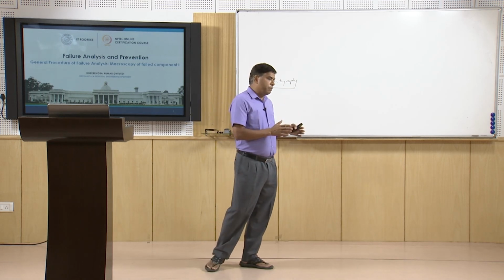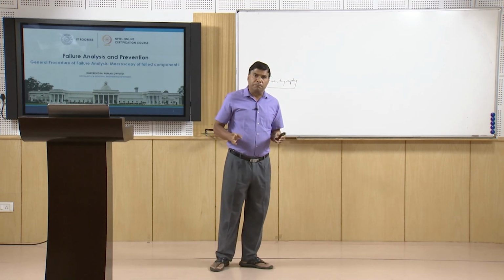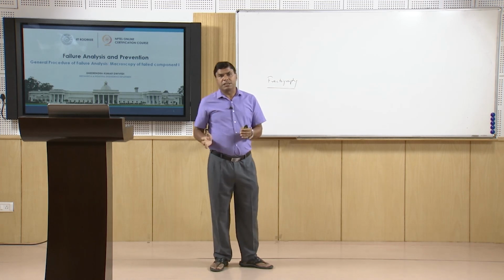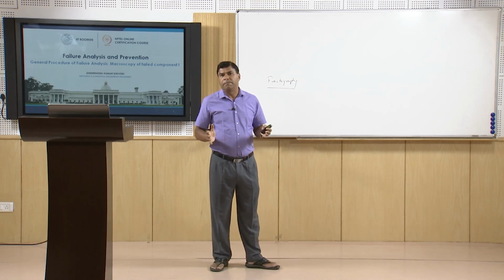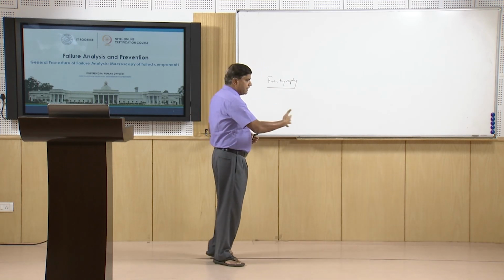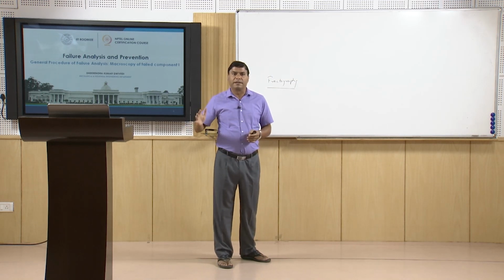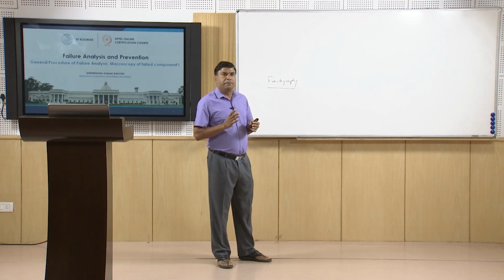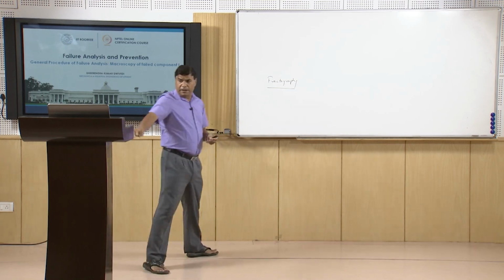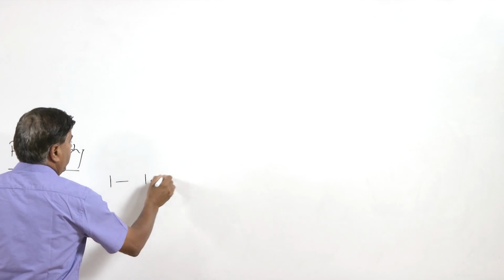For macroscopic observation, first of all we start with the visual examination of the failed component, starting from very low magnification, like the naked eye, then low magnification lenses, then stereoscopic microscope, and then scanning electron microscope. These are normally done at a very low magnification, which may be in the range of 1 to